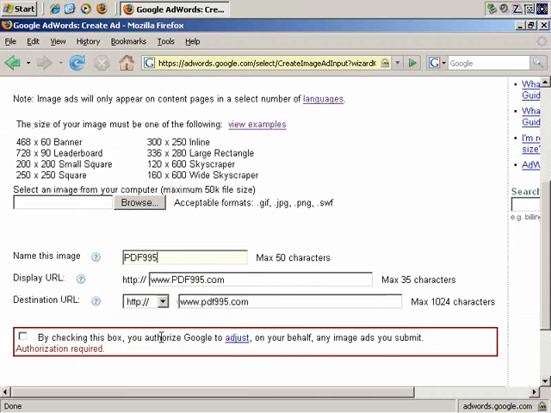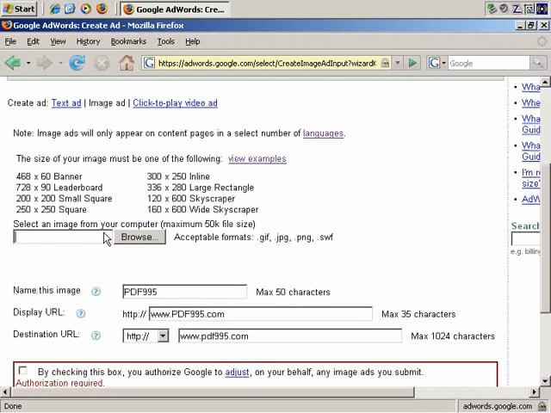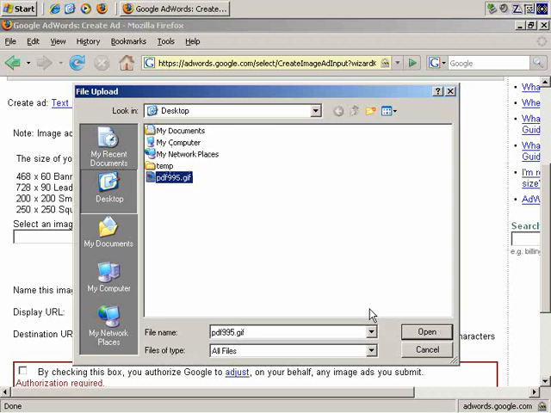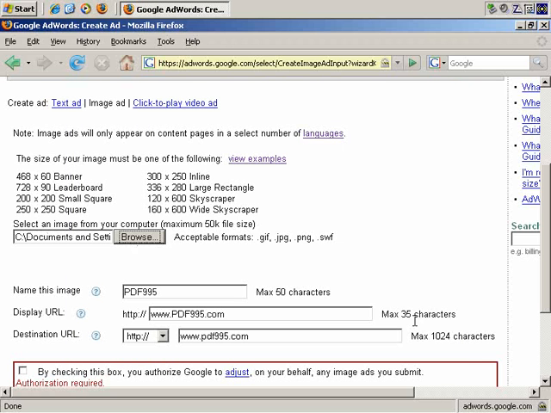Yes, exactly, you have to check that box. So, okay, I need to add the image back. Let me do that now. And there it is, pdf995.gif, open. And as you see, acceptable formats are GIF, JPEG, PNG, and SWF, which is Flash, so this also